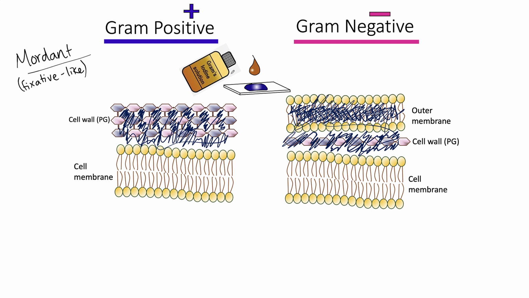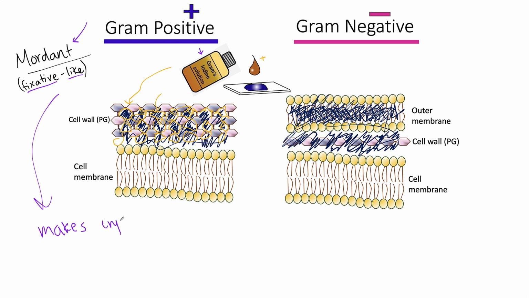I want you to know the word mordant, this is the scientific term, but I say fixative-like because if you've ever heard the word fixative, it's a similar meaning in that it fixes the ink or the dye or makes it stick so that it won't be washed away easily. Okay, so that's what the Gram's iodine solution does. It's a light brownish orange, so it's not going to change the color, but it is still a basic dye, so it's going to be attracted to the cell envelope, and it's going to get into these spaces, and what it actually does is it makes